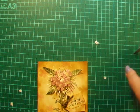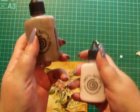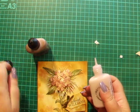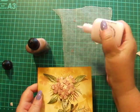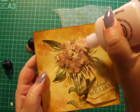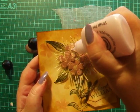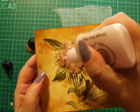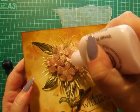Now for the next bit I've used Cosmic Shimmer, Vintage Pink, and I always test them on a piece of wax paper to make sure they're working. And in the centre of each flower I've added just a tiny little bit like so. I've added it in each one